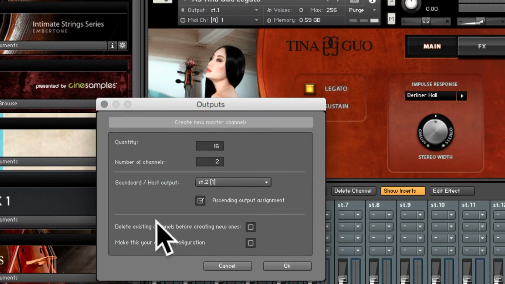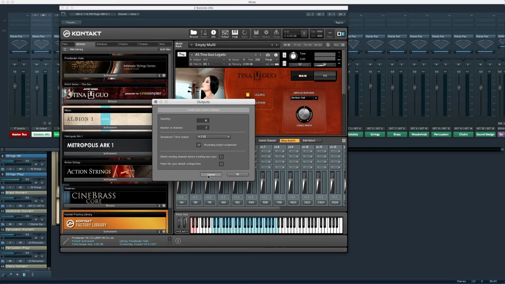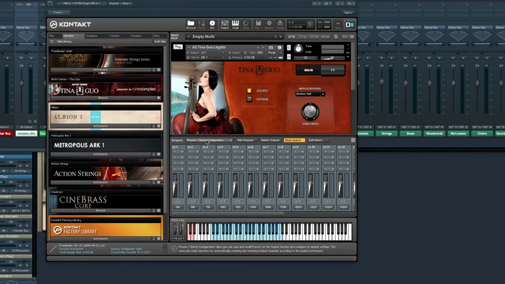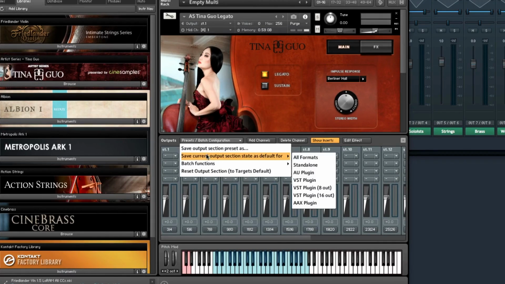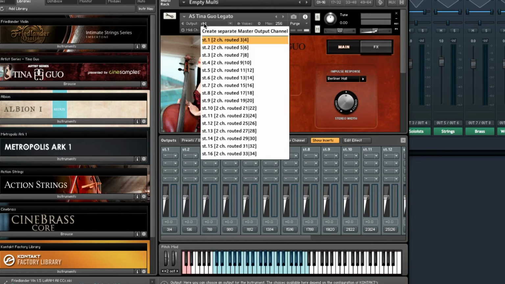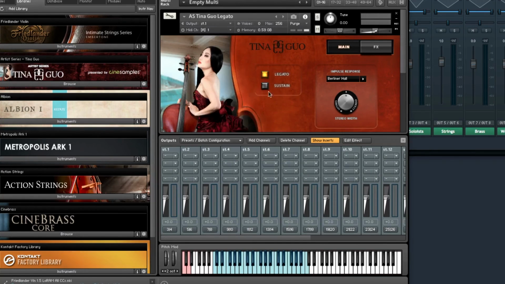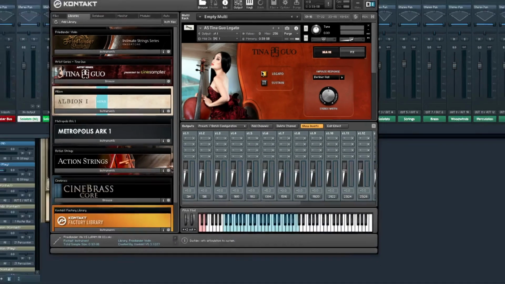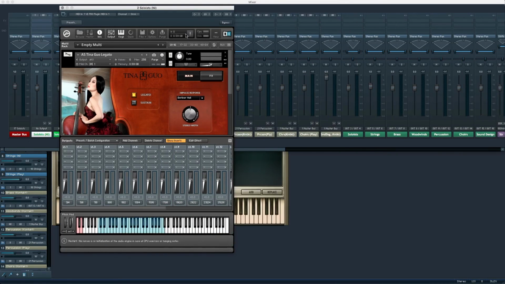I personally, you've got to click this, delete existing channels before you create new ones, and make it your default configuration. You're never going to have to do it again. If you screw it up completely, don't worry about it. You can come back here, click in your outputs, and literally reset the entire thing back to default. But you've got to do that so that in your output here now, 3 and 4, 5 and 6, 7, 8, 9 and 10, etc., down to 16, as you add your plugins, those are going to keep